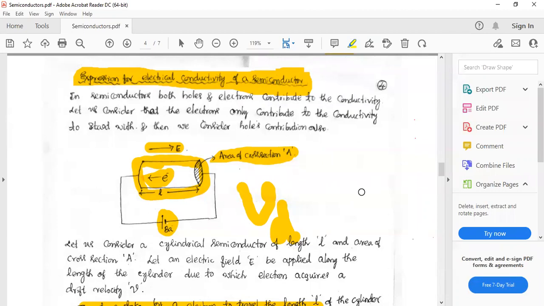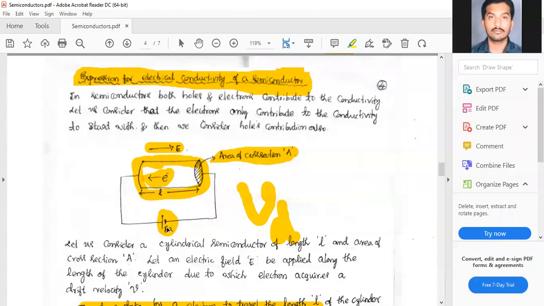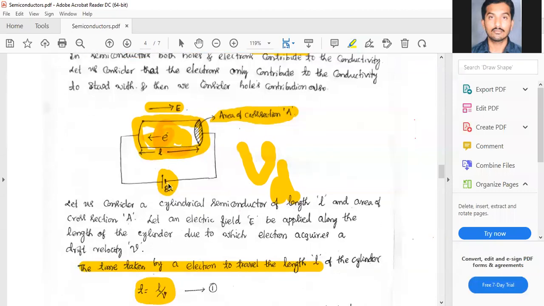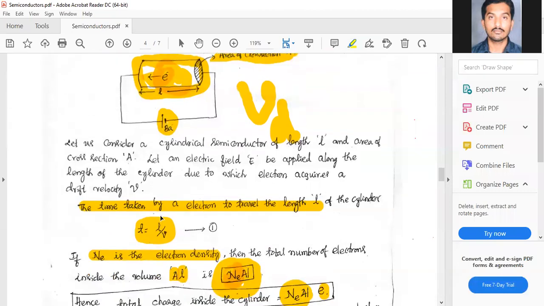I once again show. I have started with a cylindrical material of semiconductor of length L, area of cross section A. I have connected a battery, and you know that the electrons will move from the negative terminal of the battery to the positive terminal. This is the direction of electron motion. And the time taken by the electron to travel this distance is given by L divided by V. It is natural. I find T is equal to L divided by V,